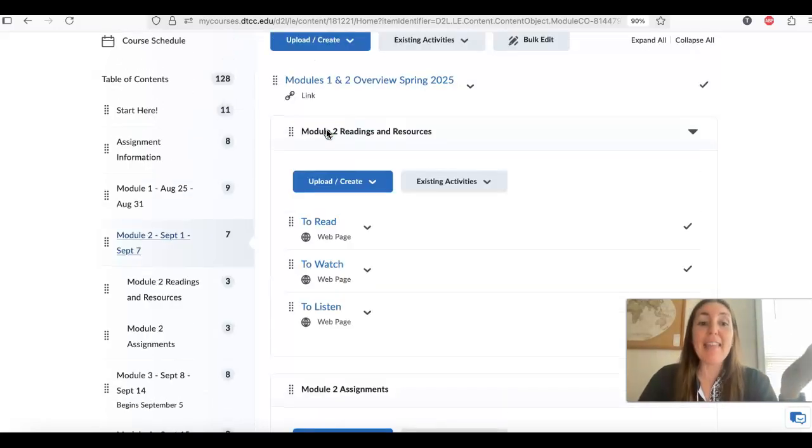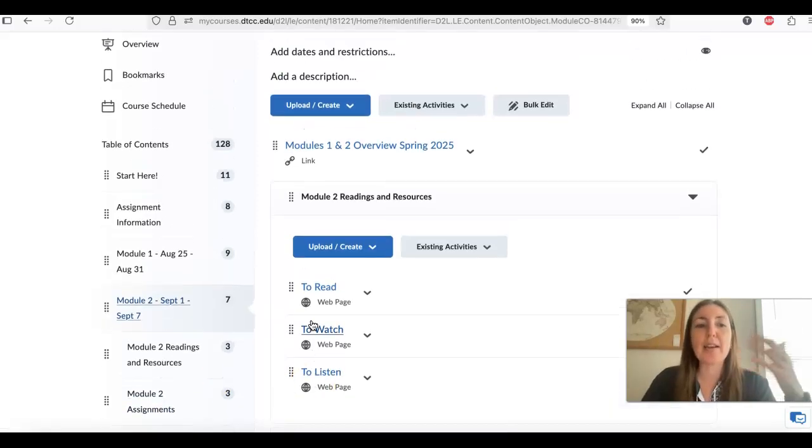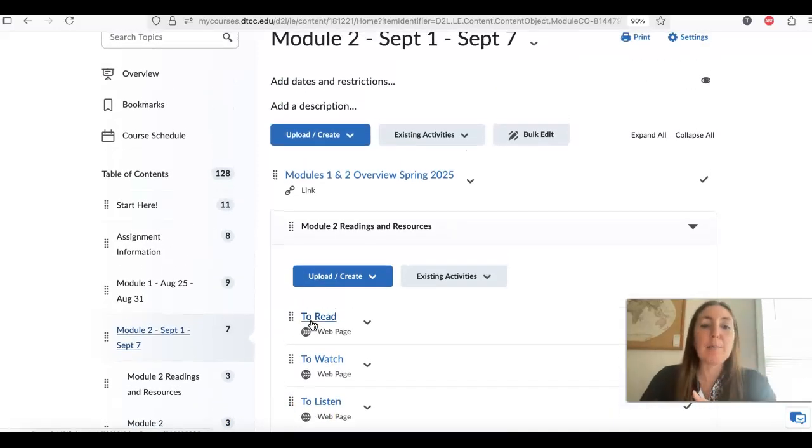Okay. And then each module will be set up like that. After the first 2, the readings will be different each module. And you'll see that they open a few days before they officially open. That's when you first have access to them. So yeah, that's how it's set up.